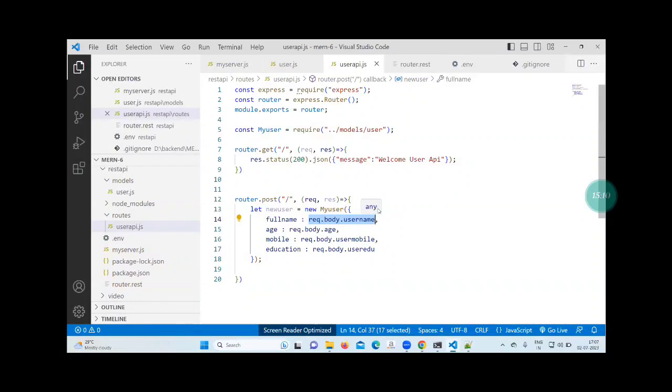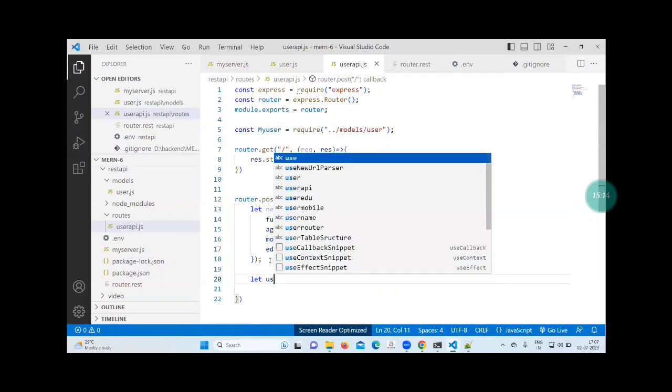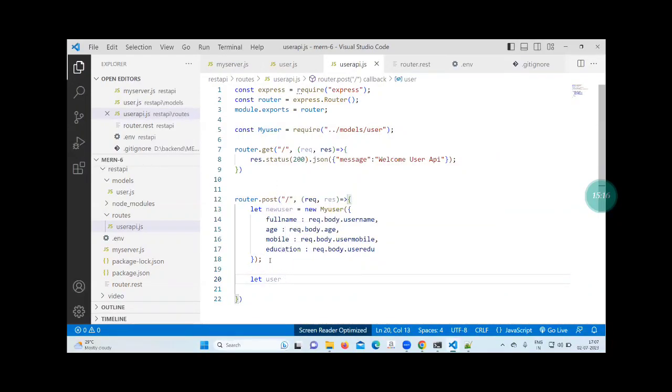Okay, done till here. Come down below. Right below, let user status equal to new user dot save. Save is the function of new user. This will add a new record in the database, to insert a new record in the table. Then after that we can write